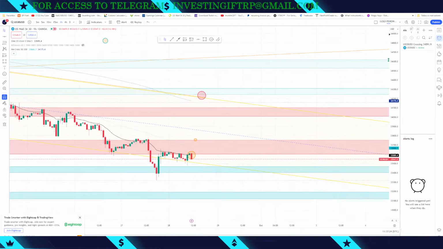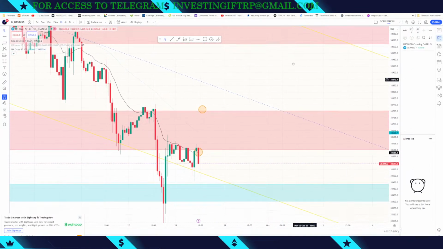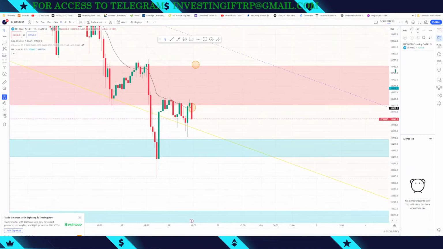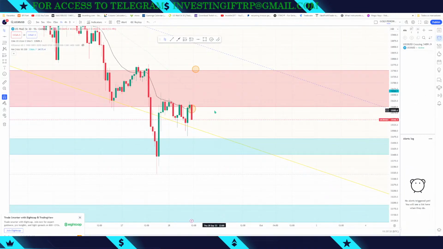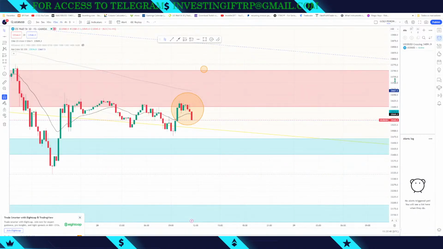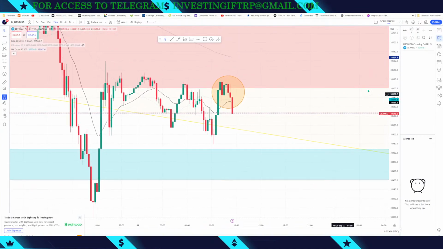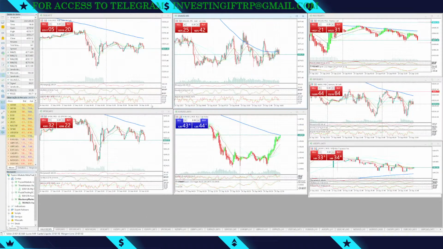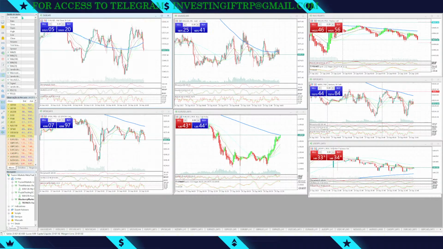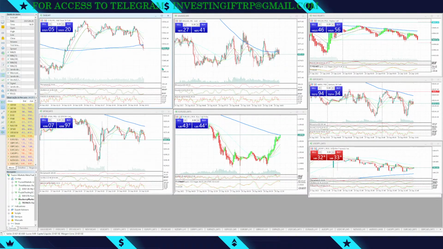US 30 trying to break down, brother. Want to note at these times of these wicks that it's probably bouncing off an MA on another time frame. $15, no MAs to hold it. Look at US 30. Oh wow, that was beautiful. Still tanking. It broke through all the MAs on the 15. What about the 5? On the 5 as well. Oh, it broke through the 200 on the 1 minute.